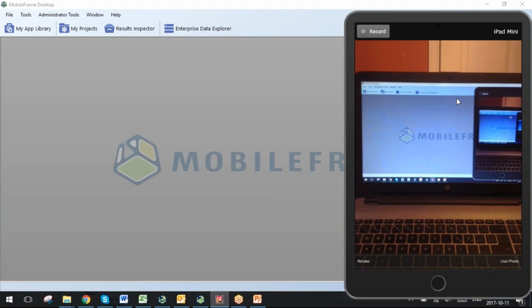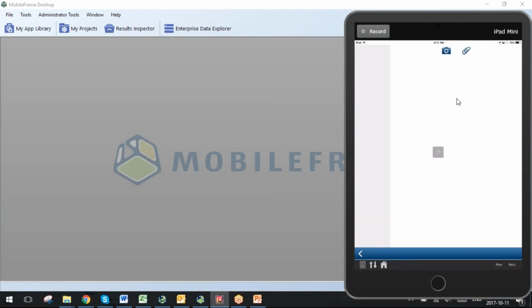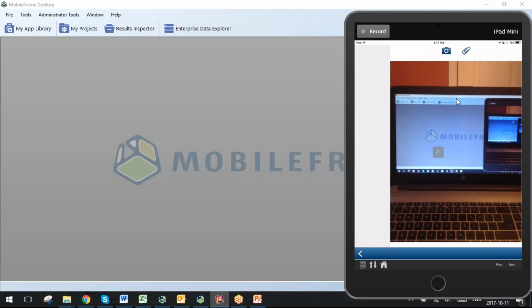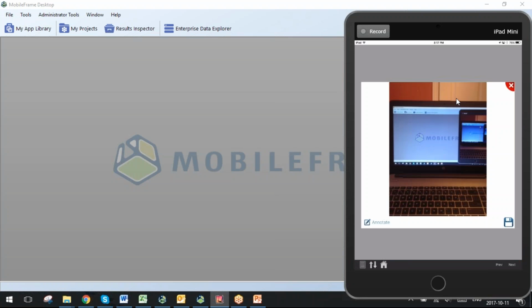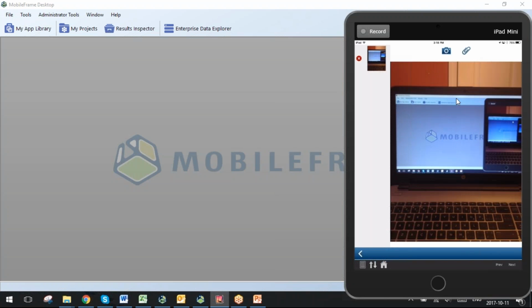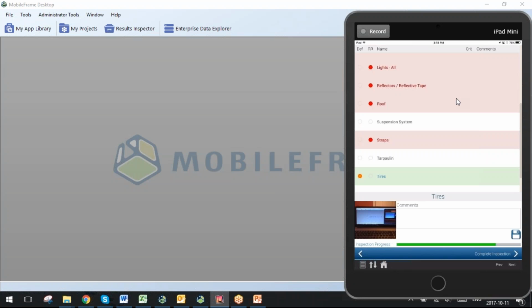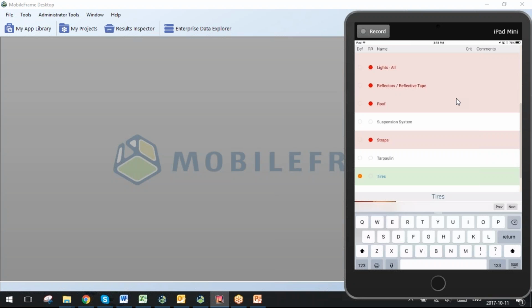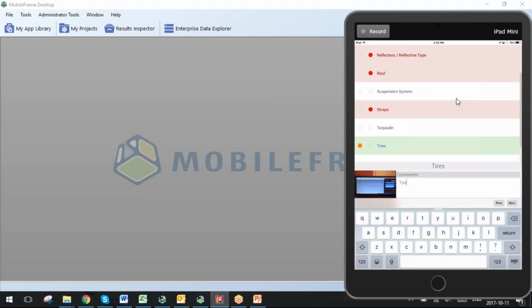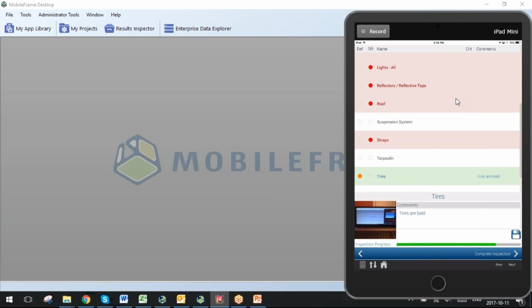Obviously, I'm not in front of that vehicle, but you can see my laptop here. Take a picture of that and include that if I wanted to. I can add other photos from my camera if I wanted to add those particular photos. I can annotate over this particular picture, so I can draw and point to certain things on the picture and save that information. There's a lot of things I can do to manage that. So when I'm done with saving that picture, it's part of that. I can put in comments here. Tires are bald. And I can hit next, and I can save that information